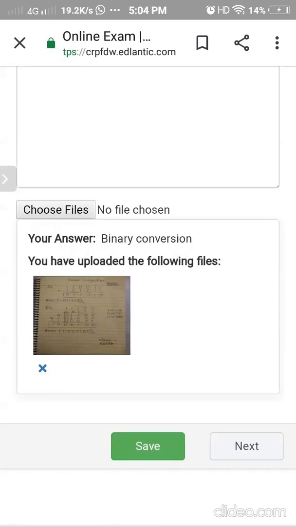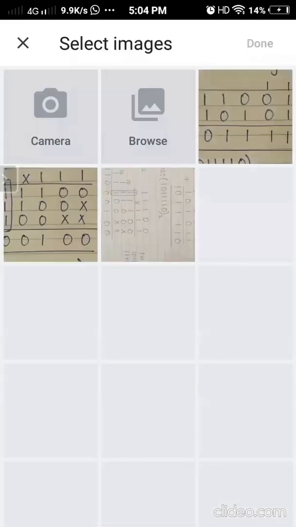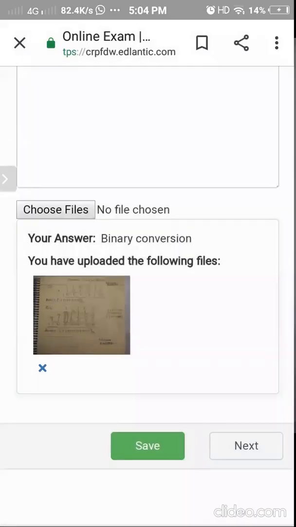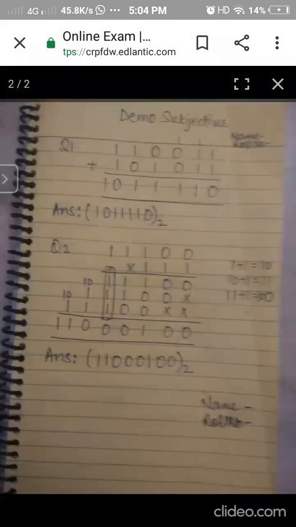Okay, now I'm going to click one more picture which is not recommendable. Okay, so this is a picture which I have clicked second time, but it is a little blur.